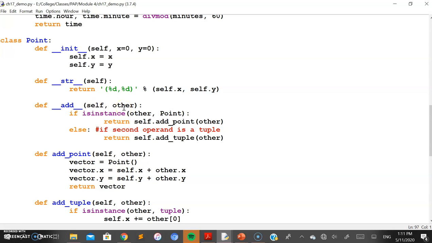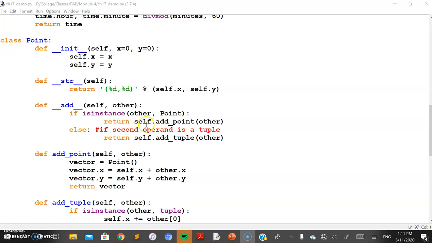But in order to avoid the type-based dispatch, which I discussed in the previous video, where you can pass anything apart from an object and need to check for that, you are going to use the isinstance method to check whether the second parameter is an object of the class Point or not, that is, whether other is checked against the class Point.